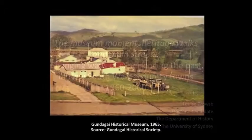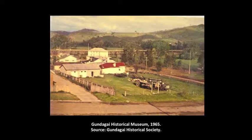By 1965, the newly formed Gundagai Historical Society already had a growing problem. They had enough bric-a-brac, everything from leg irons to butter churns, to form a local history display, but they had no museum. Eventually the society settled on a block of land, down from the main street and just up from